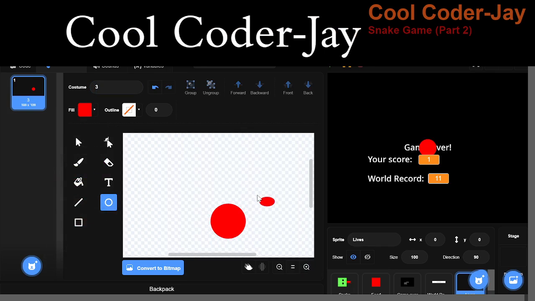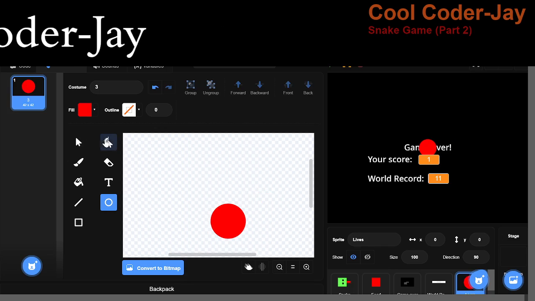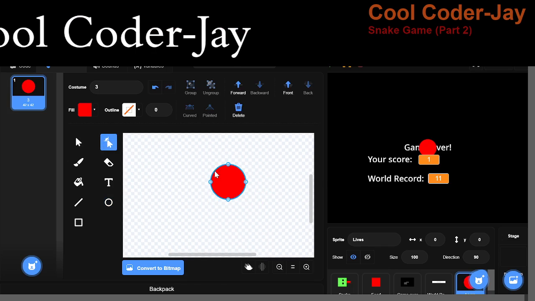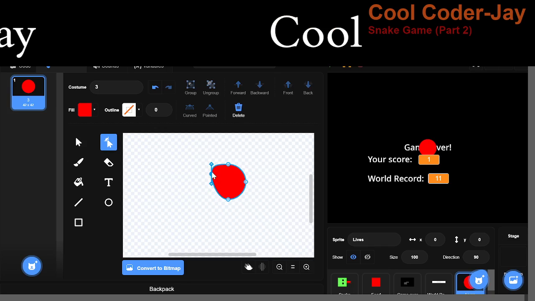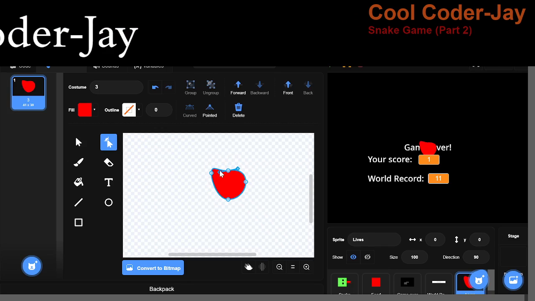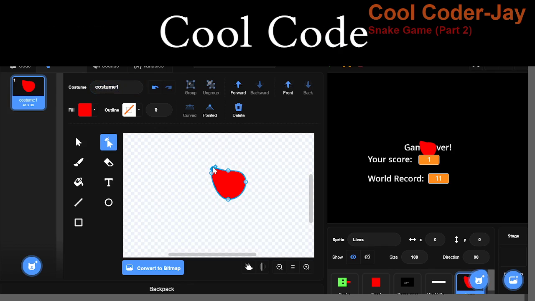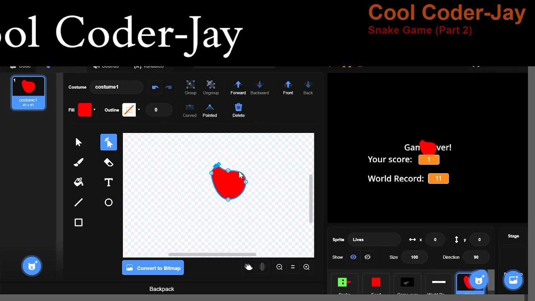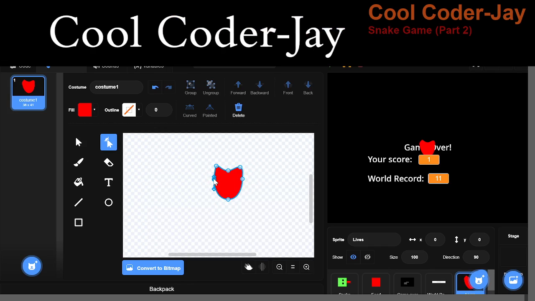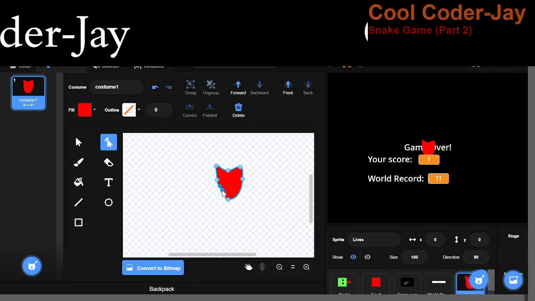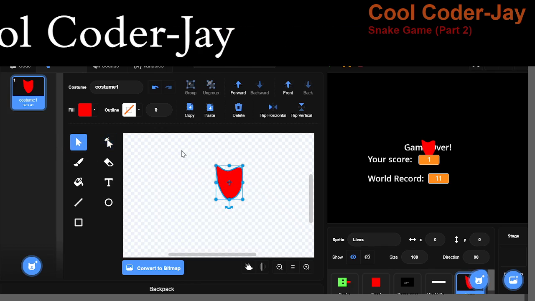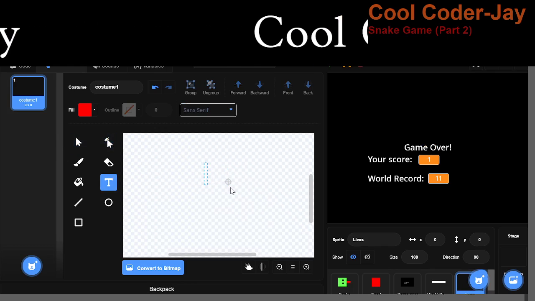Now, make use of the reshape tool here, click on the circle, and reshape the circle to a heart. So instead of this, we have a better option, which is emojis.